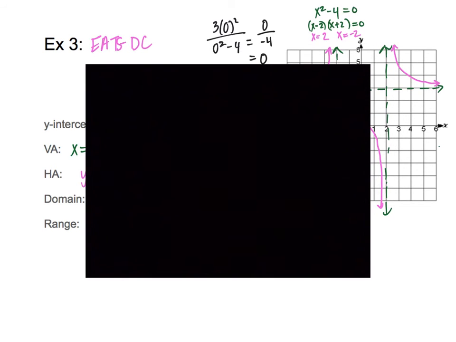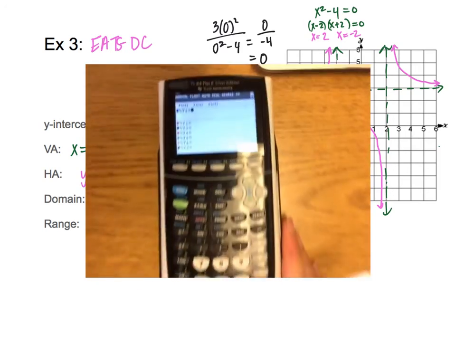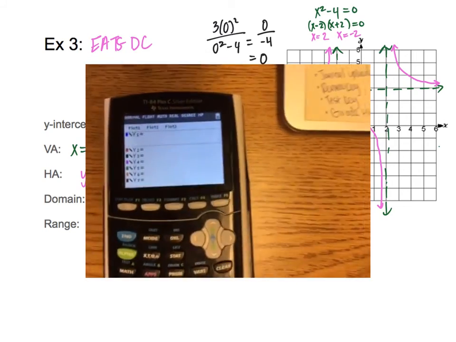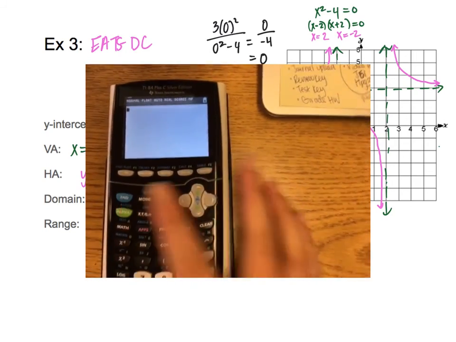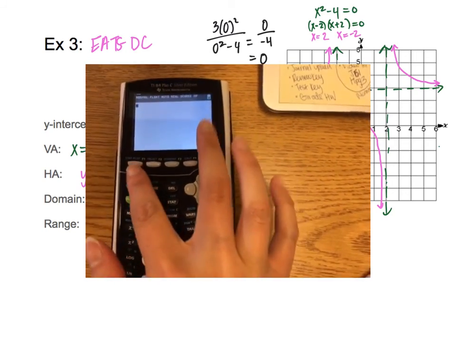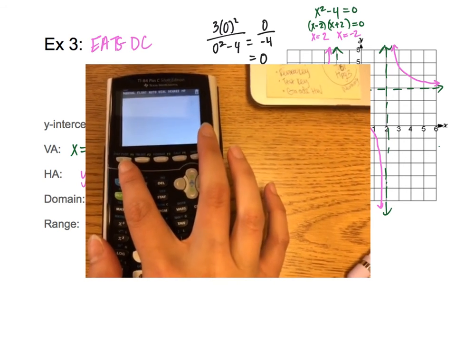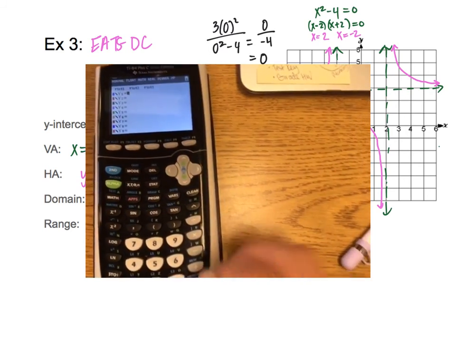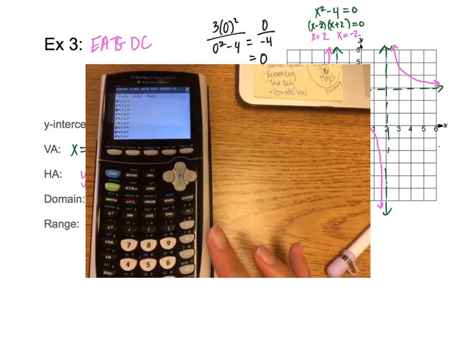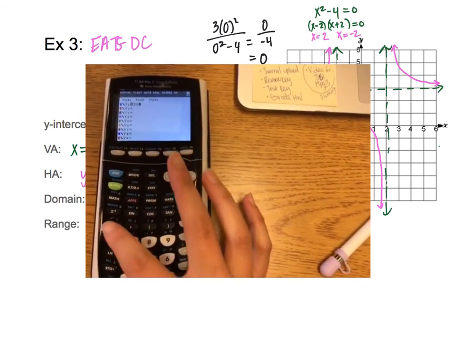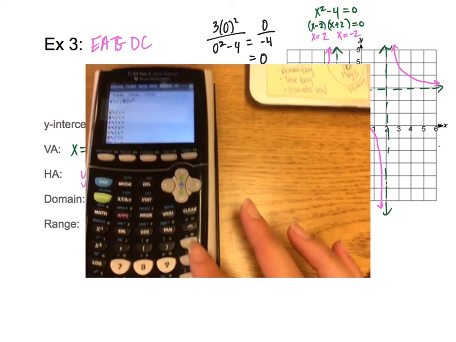I know it's on a black screen right now, but just bear with me, getting things set up. Okay. All right, so on here, what you're going to do is you're typically in this mode, right? So you have to hit y equals, which is this top hand left corner. Just watch my fingers. So y equals allows you to graph, and I need that 3x squared,